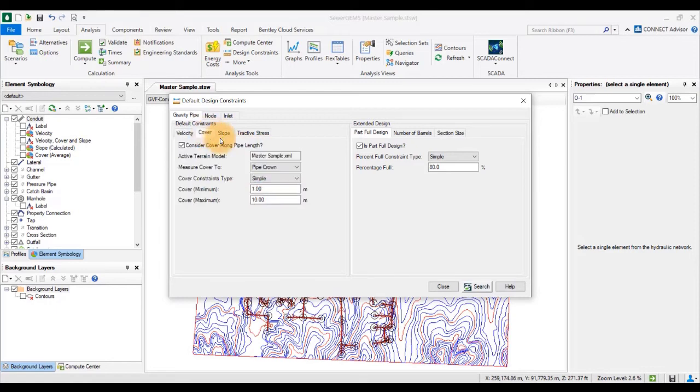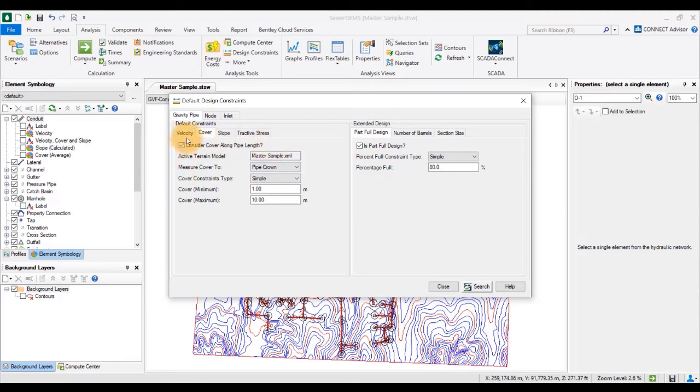Okay. So for cover, you can see that the cover is also a simple type cover, in which I have minimum 1 meter, maximum 10 meters, and the measure cover option is set to pipe crown. You can choose as per your preference. You will also see this option of consider cover along pipe length.